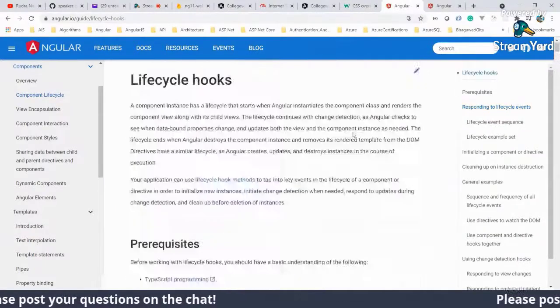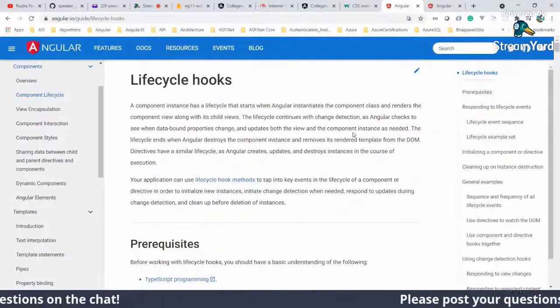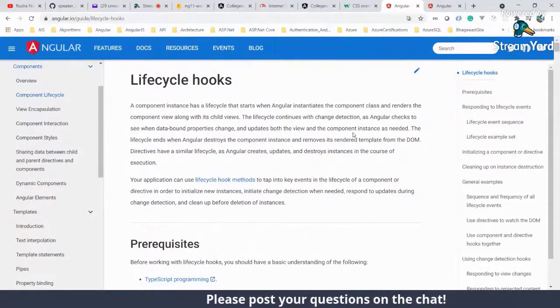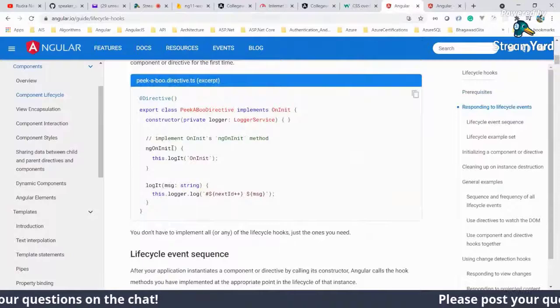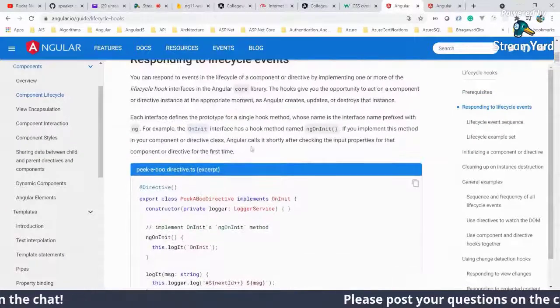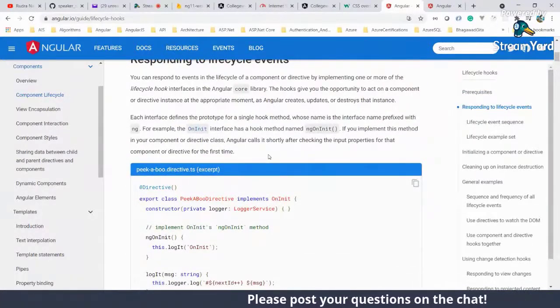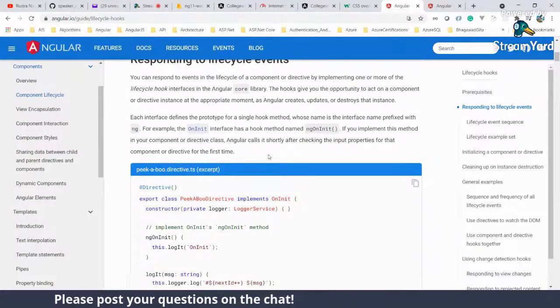You see this, every component will have a set of life cycle events that will happen. Today we'll do an introduction to life cycle hooks, where we will focus on only two things. We'll focus on ngOnInit. When do you use ngOnInit? You use it when you want to invoke a backend.